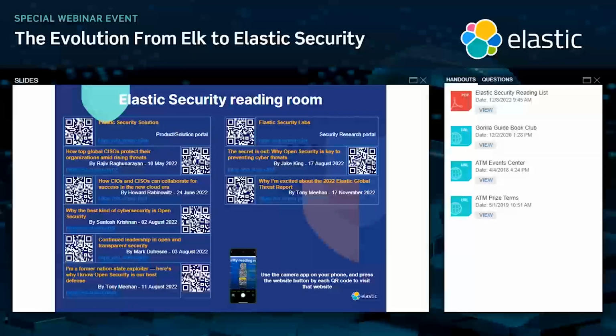So SIEM, as you all know, is a product really that has been present for quite a lot of years. And the idea is that if you want to visualize activity within your environments or the environments that you want to protect, it makes sense to centralize those logs to gain visibility centrally. XDR, in a way, is an evolution of the endpoint security or EDR domain, and SIEM kind of merging together.